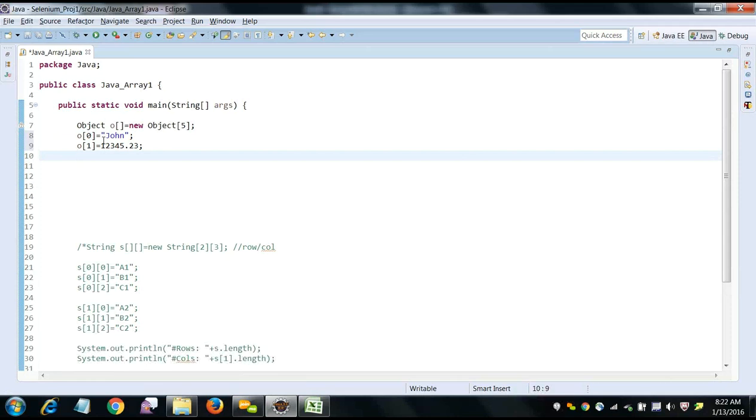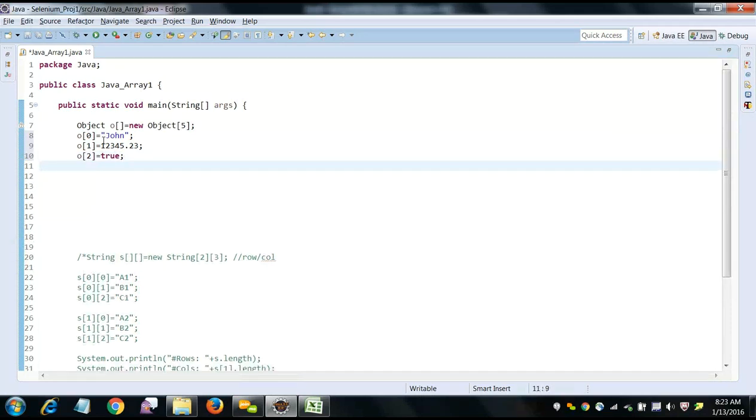Now O2 equals whether he is a permanent employee or not. It's a permanent employee. O3 equals to his section or level. Maybe he is working in C section